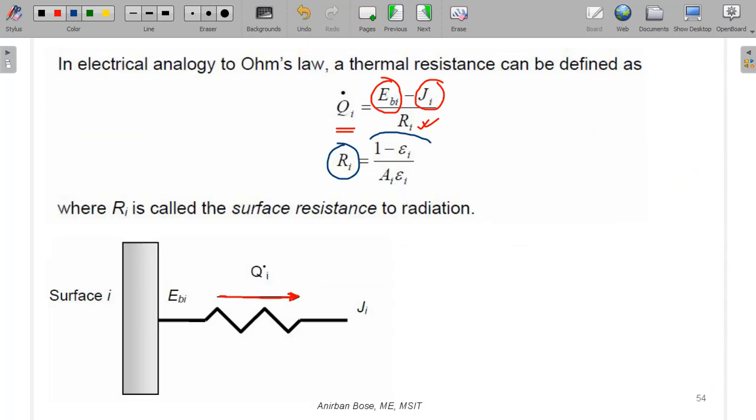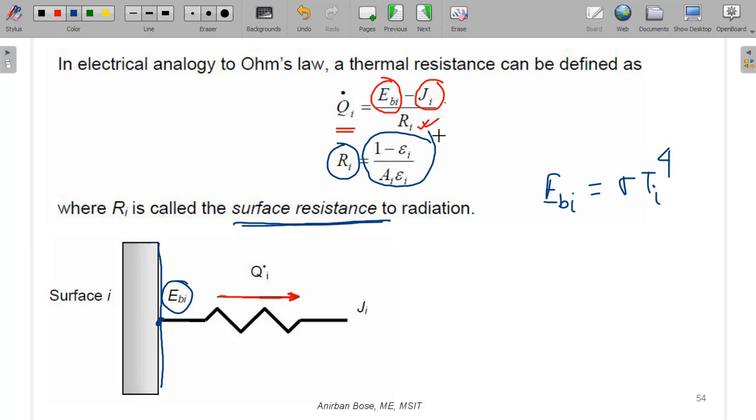So this R_i, 1 minus epsilon_i by A_i epsilon_i, is called the surface resistance, because we are only considering this surface. And you see why E_bi, or J_i, is called the potential: E_bi is nothing but sigma T_i to the power 4. So temperature is the reason because of which heat is transferring or emitting. So this is like potential. So E_bi minus J_i is basically the potential difference divided by this resistance. This is called the surface resistance. The expression of surface resistance you have to remember,